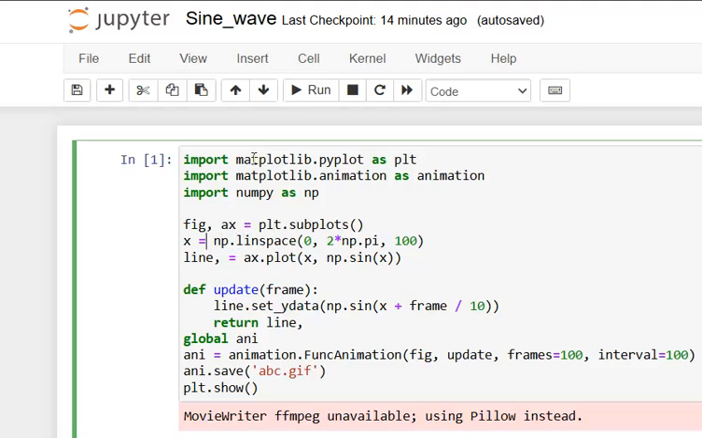Then using np.linspace, we will generate data points from 0 to 2 times pi, and 100 data points will get generated and they will be stored in x. These will be the x values for which we will be finding the corresponding sine values. So we will find the sine values using the np.sin